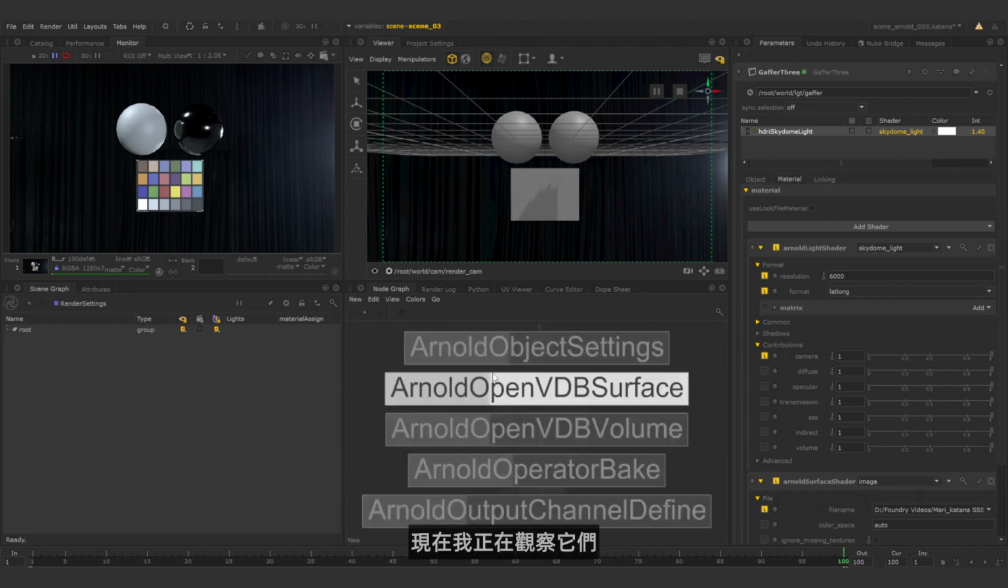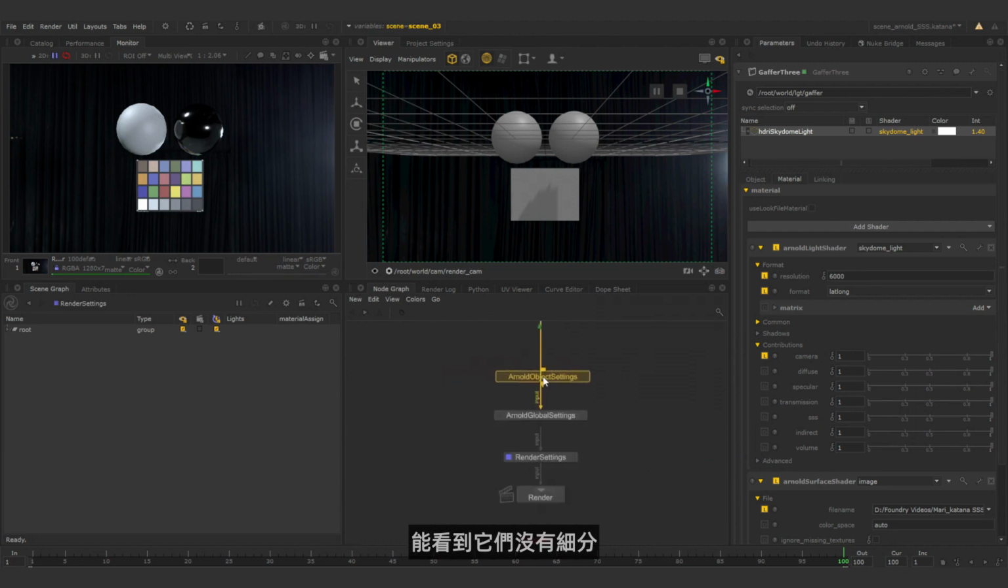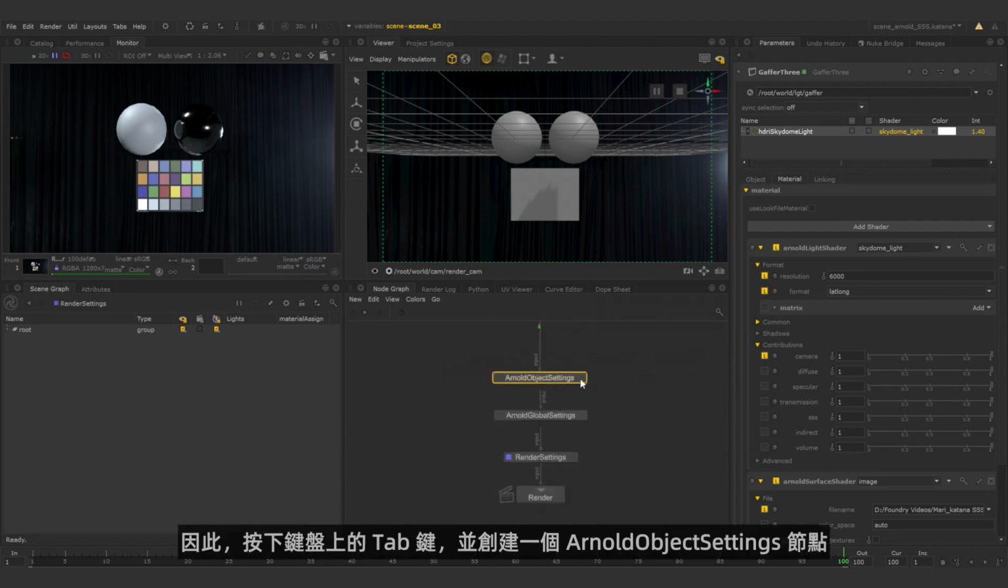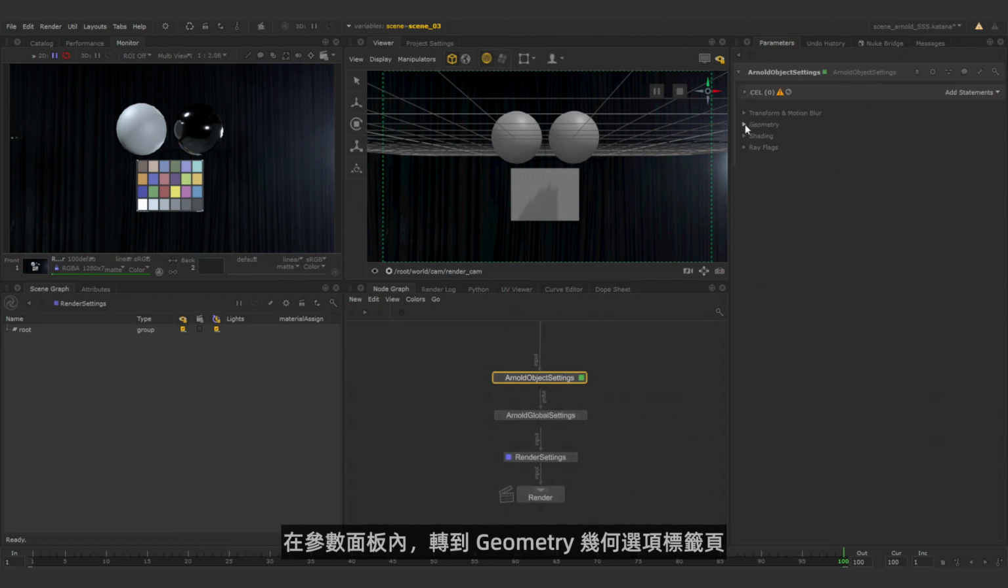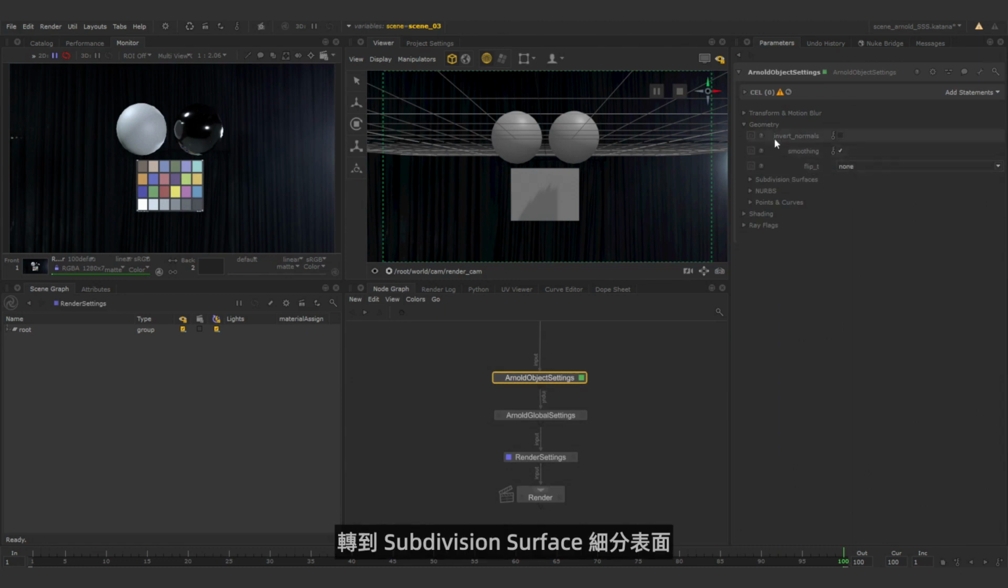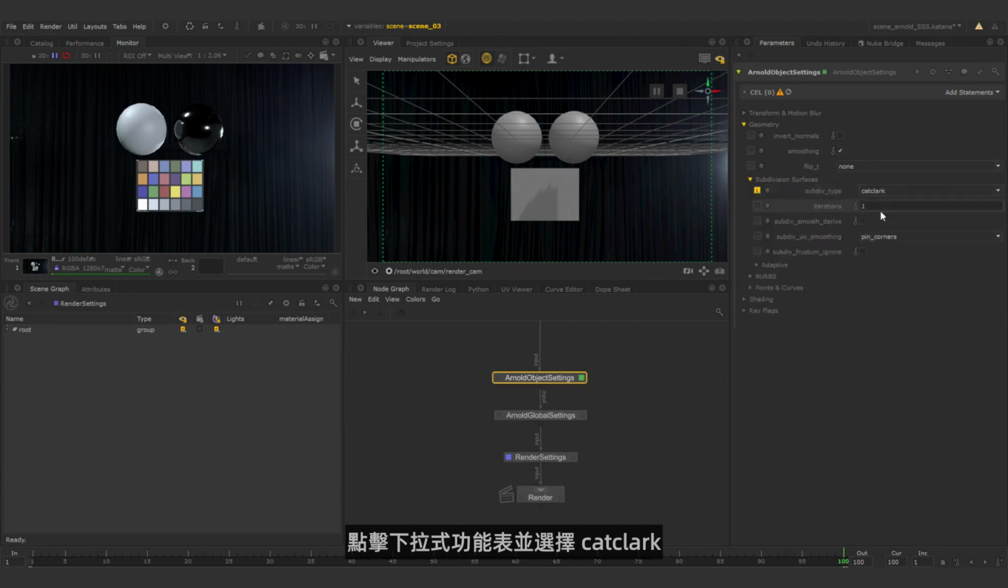So right now I'm looking at them and I can see that they're not subdivided. So I'm going to hit tab on the keyboard and create an Arnold Object Settings node. Inside the parameters, I'm going to go to the Geometry tab, go to the subdivision surface, click on the drop down and pick Catmull-Clark. We're going to do 2 iterations,